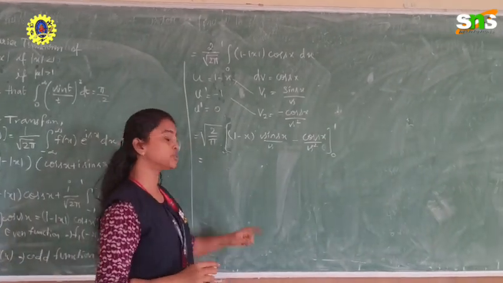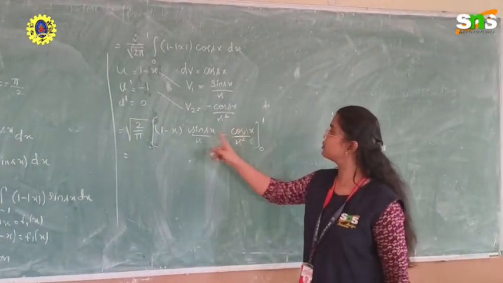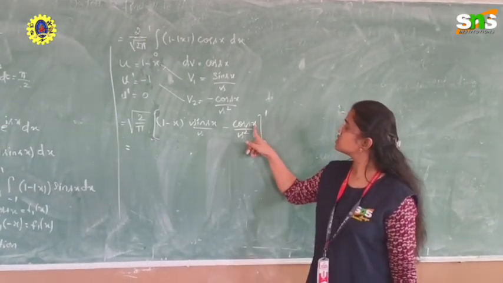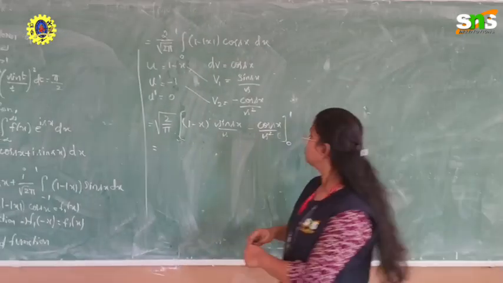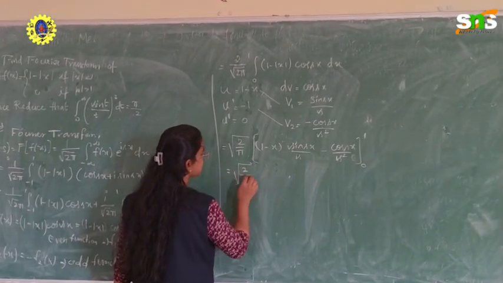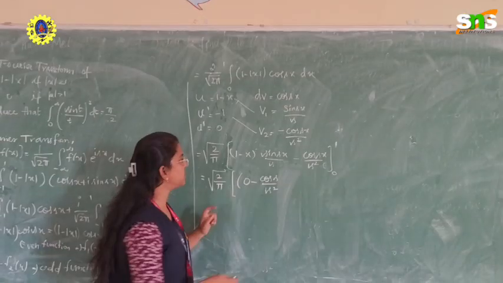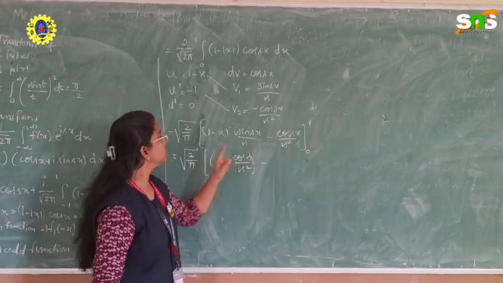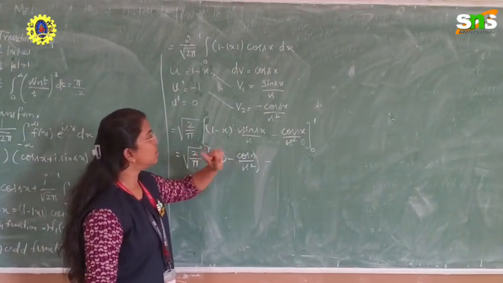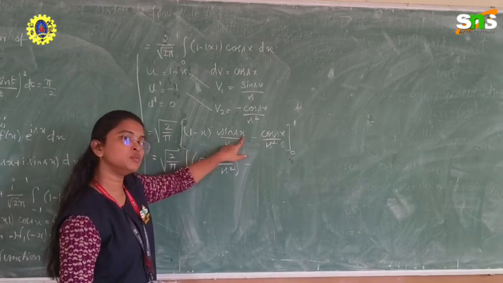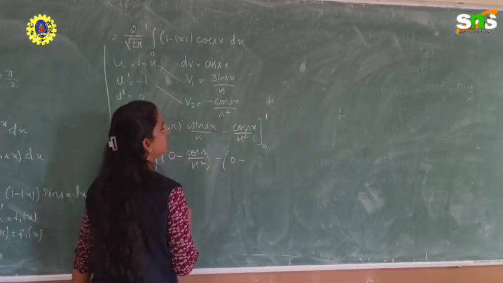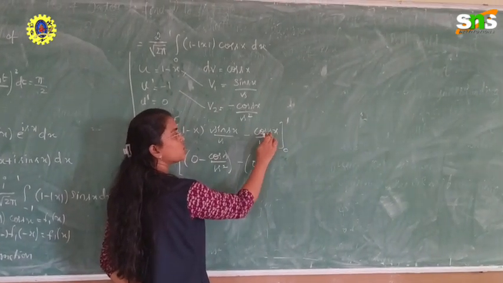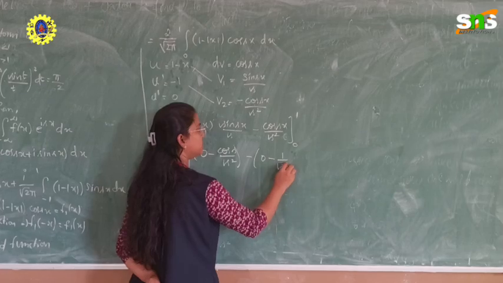So I'm going to substitute the upper limit for x. If I substitute x with 1 here, the whole first term will be 0. Minus, so here 1, so cos s divided by s square. Don't forget to write the sign, okay? So 2 root 2 divided by minus root pi, cos s divided by s square, minus the substitution of the lower limit, which is x equals 0. I'm taking 1 minus 0 times sin s of 0. Sin 0 is 0, so this term also goes to 0. Minus cos 0, if I substitute x as 0, we get cos 0, and cos 0 is 1, so 1 divided by s square.